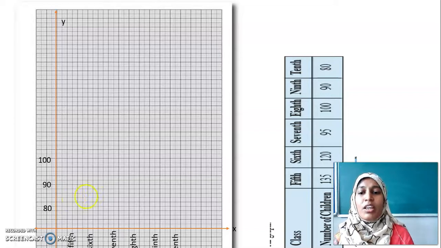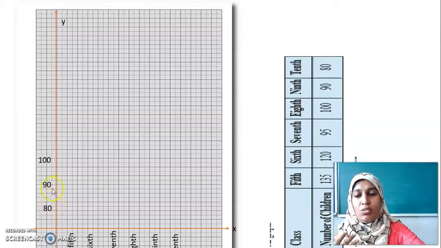Okay, my dear children. See here, I said I should start with 10, 20, but I have written 80. Are you able to see, my dear children? 80. I am directly jumping over to 80. I have skipped off 10 to 70. After 80, am I writing the multiple of 80 as 160? No. If I am going to write it as 160, then it will be okay, I am skipping off 80 each and every time. But here I am skipping only 10 units after 80. But below 80, I have skipped all the values.